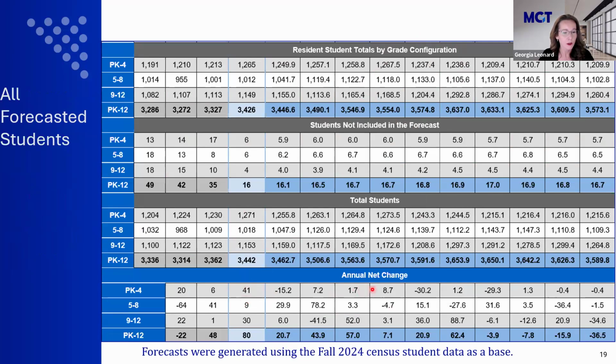And if we were to look at this annual net change, you can see those trends go up and down, a lot of it due to the births. Those birth influencers. Next year, probably a growth of about 20 kiddos. And then the year after that, you've got 43. Some of that is driven by that development, as well as those larger growth kindergarten cohorts. But then as we taper off towards the back end, it feels like there's this dip. It's really very insignificant, but a lot of that is because the development that we have at this point has